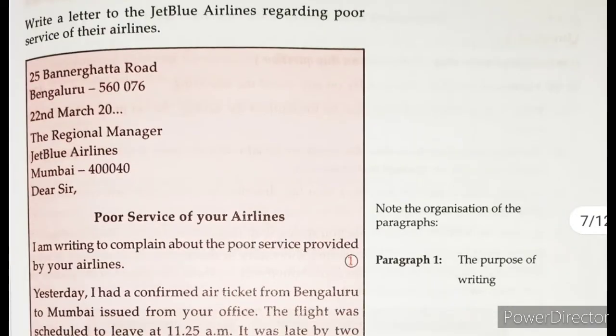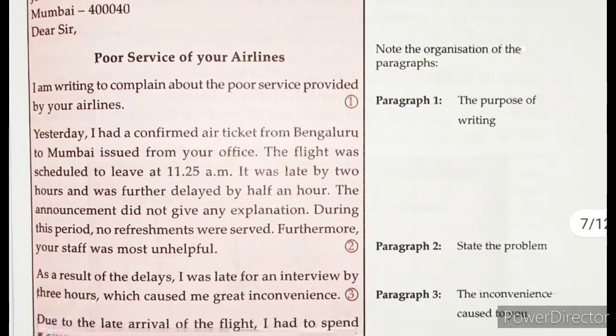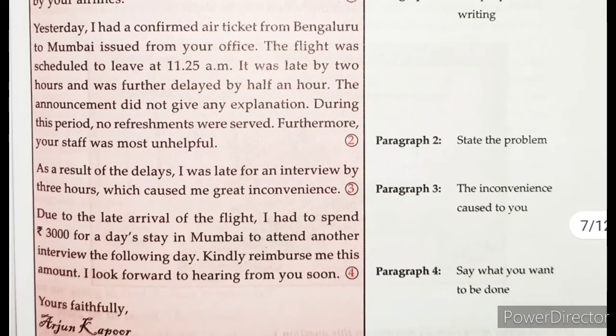So here's your model letter. Here again the punctuation marks are missing, and leaving the line has not been done in all cases. This is only a printing press error, and you can see that the subject has been printed in the center. It should not be printed in the center. If it is a box type format, it should begin from the margin. So there should be no confusion. If you see this, there will be a lot of confusion. I have made a separate video where I have explained things in a better way. So please watch that video also when I share the link with you.